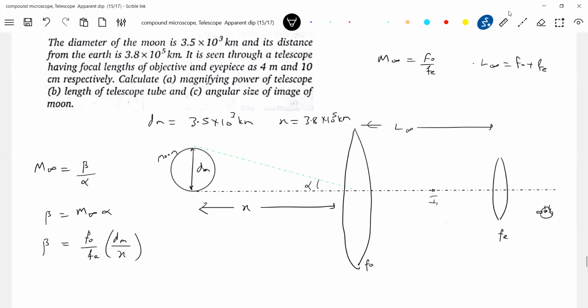Agree on this one. So what is this angle, degree or radian? Radian, no? So you convert that degree by pi by 180. Where is the image, sir? What happened to the image? I will see the image at a certain angle, as if the rays are coming in. So you will see the angular size of the image of the moon.